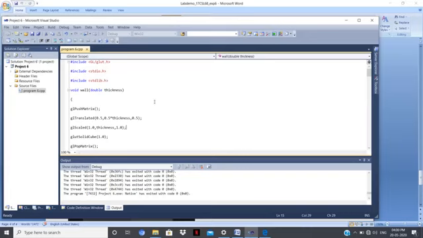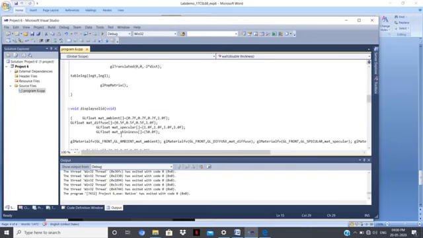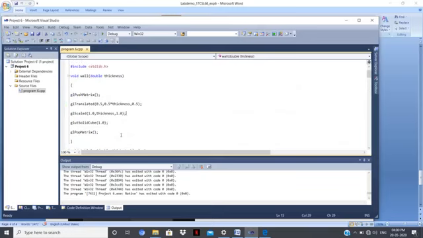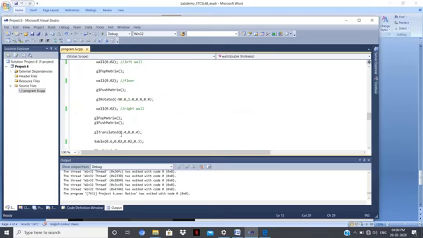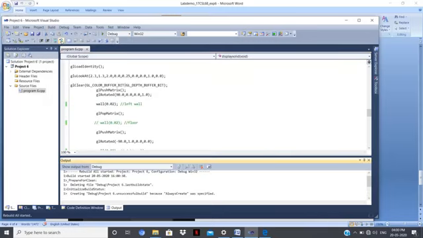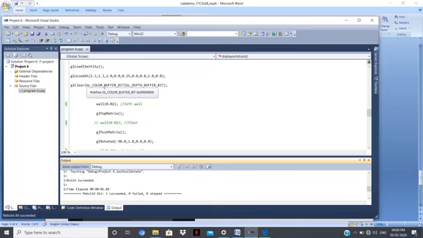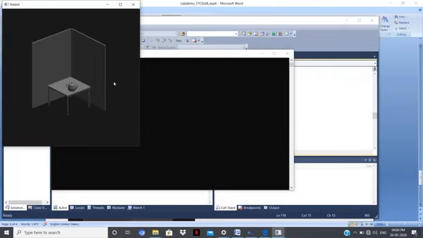And just to test it, if you comment any of the wall functions, that wall will not appear in the output. For example, this is the floor. I just comment this and compile it once again, and check whether it appears or not. See, the floor is not there.